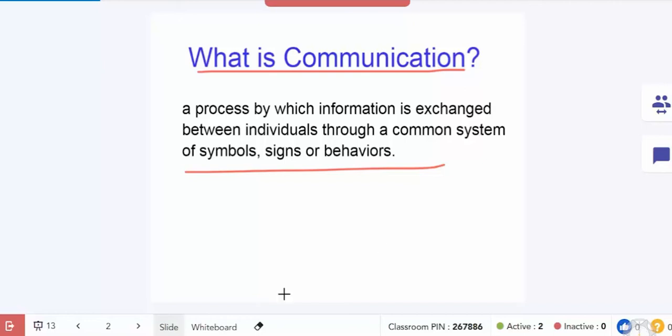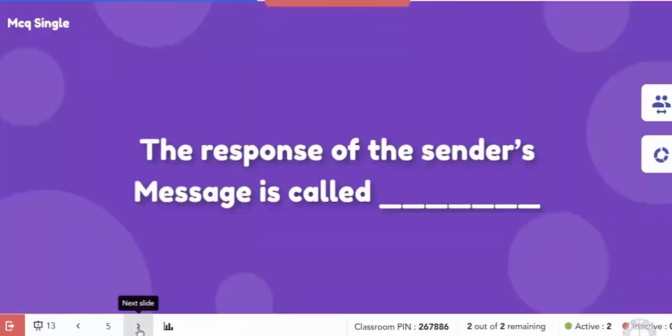Now let's see the questions. Now this is the PPT. The most important part is the interactive question answer session. So over here you can see on the screen the question is displayed and students also can see the question on their mobile application. They answer it and over here you can see how many students have answered. Now both the students have answered the question.